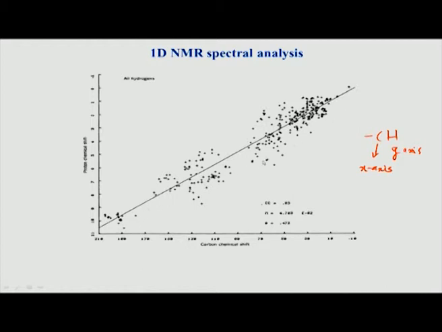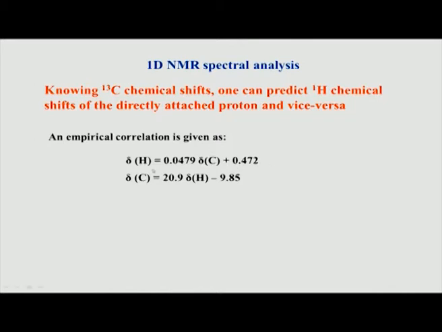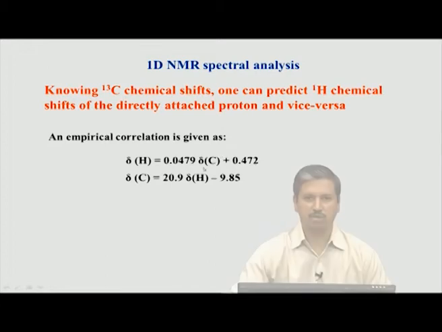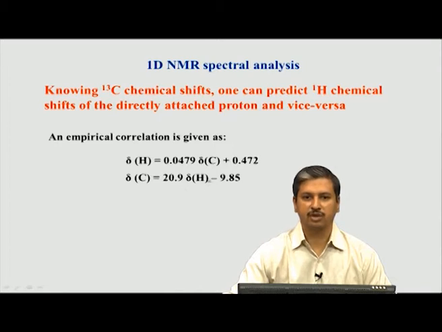So, this is an interesting thing which was discovered a long time back, and in fact, there is a formula which we will show in this next slide, which says that if you know the hydrogen chemical shift from 1D NMR, you can approximately calculate the carbon chemical shifts of the CH system by using this formula. So, if you know the carbon chemical shifts, you multiply the carbon chemical shift with this and then you get the hydrogen chemical shift of a given CH pair. Similarly, if you know the proton chemical shifts, you can multiply the proton chemical shift into this value and subtract 9.85, you get the carbon.